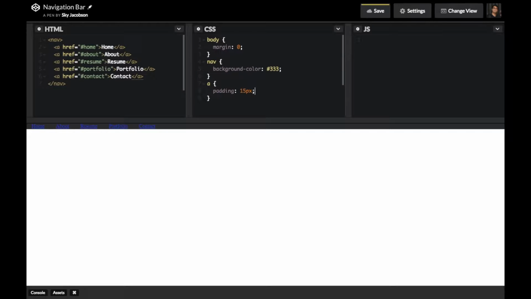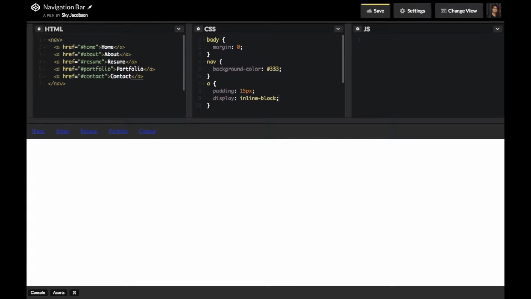And if you notice, the padding on the top and the bottom of the anchor tags didn't change, and that's because the default display of anchor tags is inline. So if we change the display of these anchor tags to inline block, it'll respect the